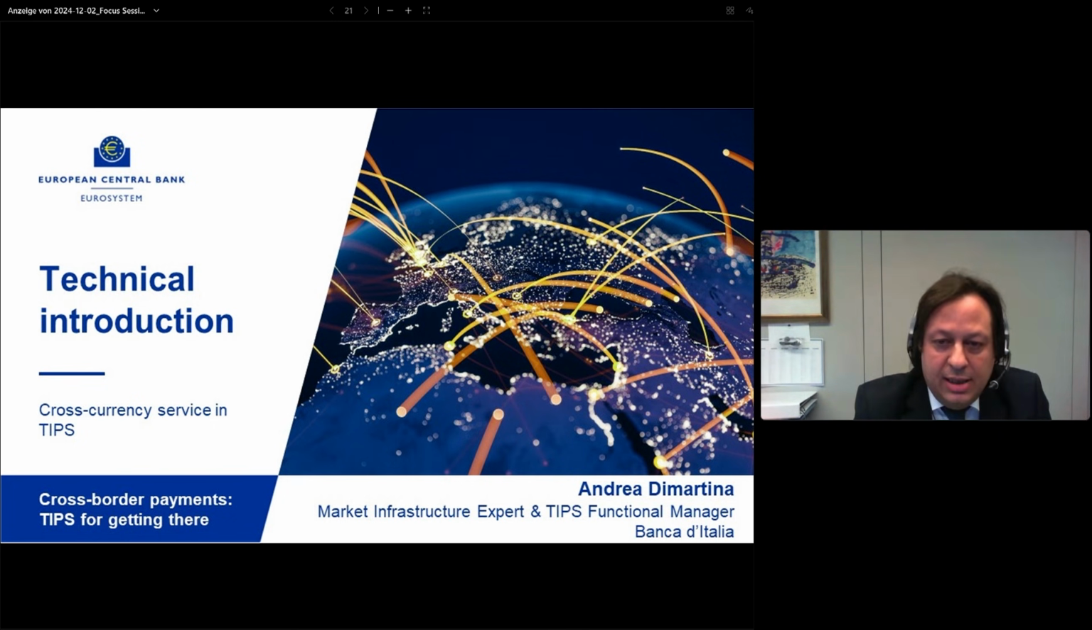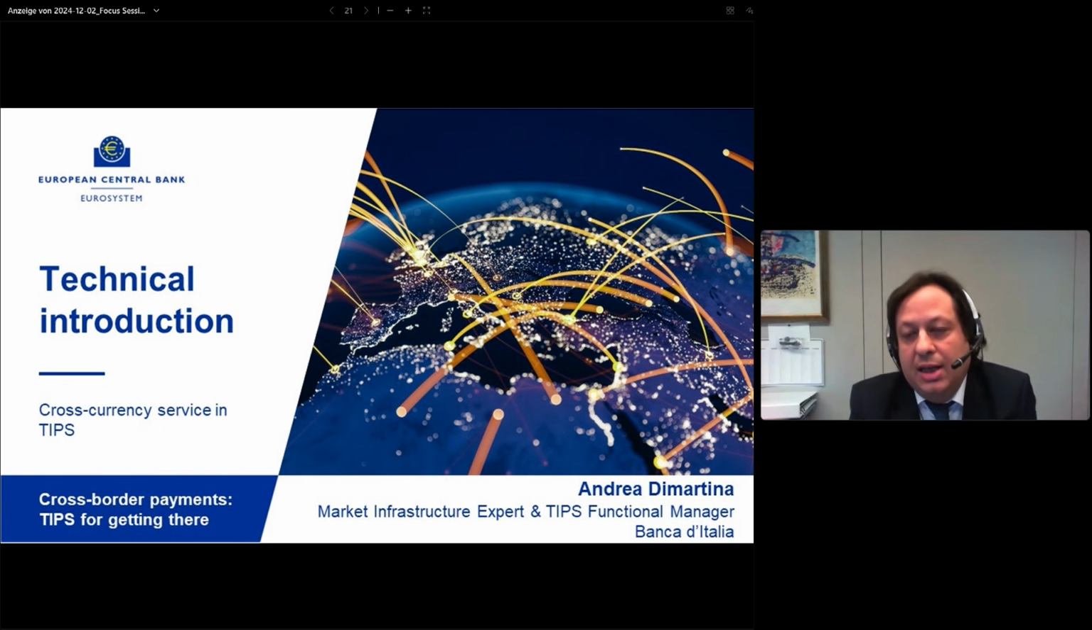So in my presentation, I'm going to be talking about the proposed cross-currency settlement model for all the TIPS hosted currencies, focusing in particular on some functional and technical dimensions. So starting already with the next slide,